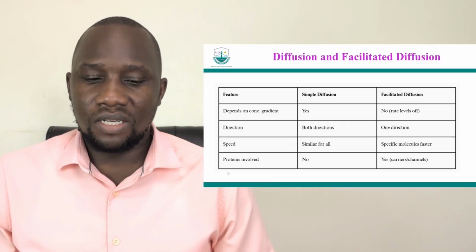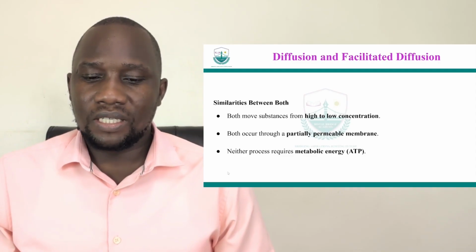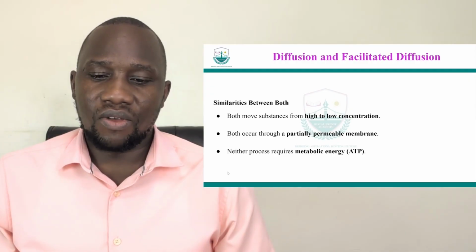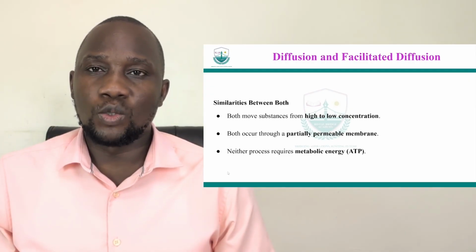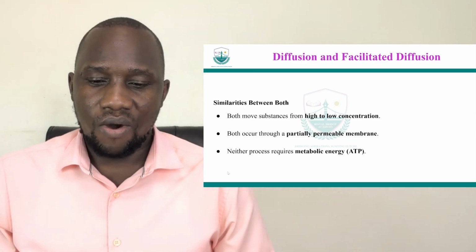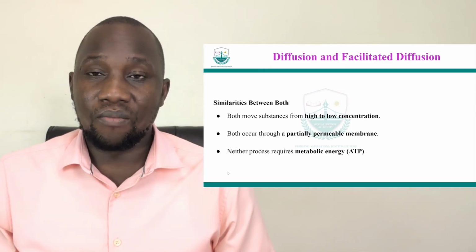So facilitated diffusion is faster, and we have explained that. Both processes involve transport of materials. They move from high to low concentration, and therefore you don't have energy being required, and it happens across a semi-permeable membrane or a